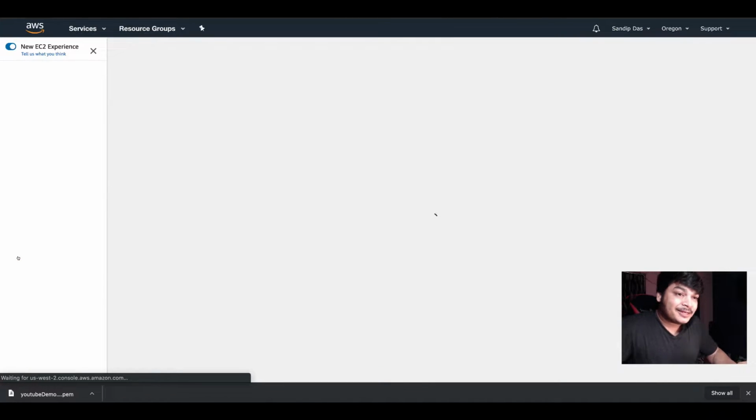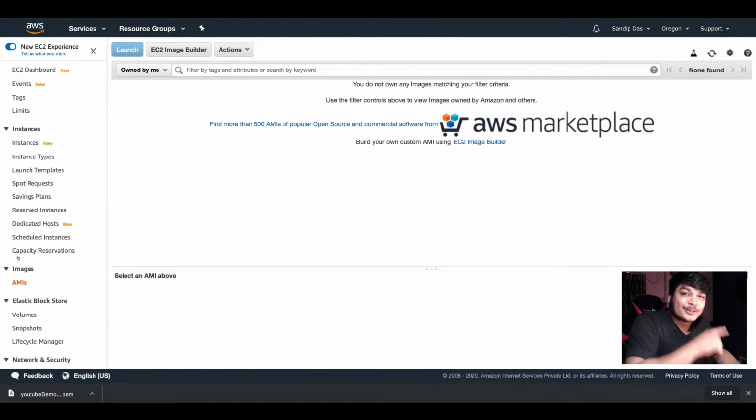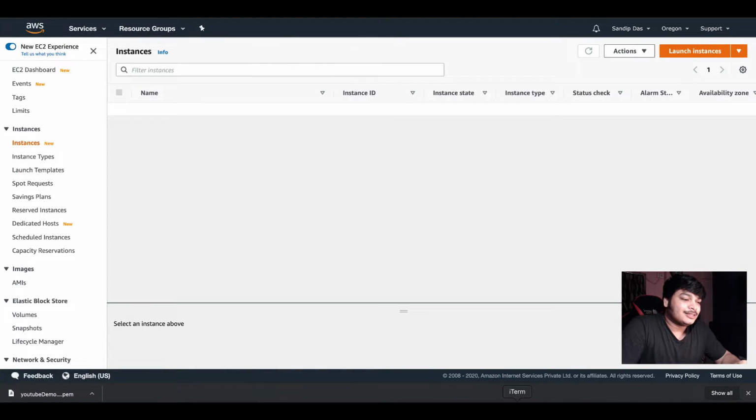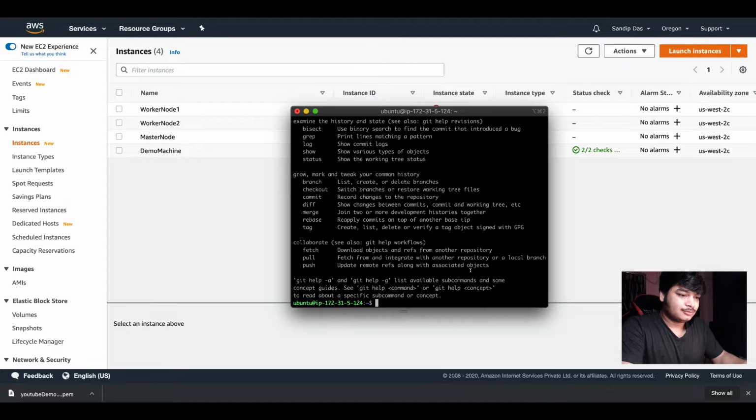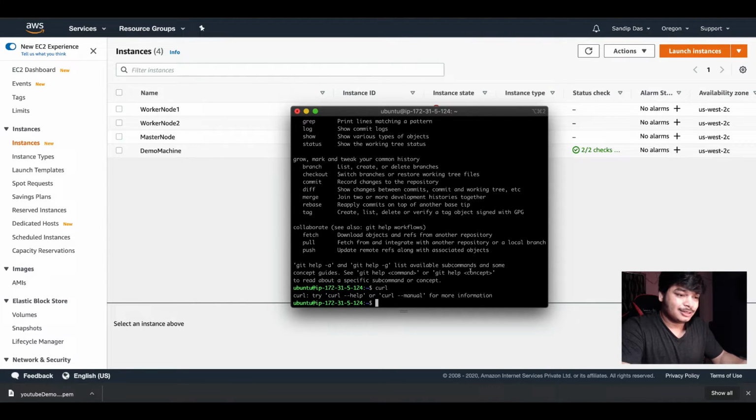Here is the AMI, but it's not the AMI you saw earlier. It's a custom AMI. How can you create a custom AMI? Just go to instances. Suppose in this instance I installed a lot of software. Let's check whether Git is there. Git is there. Okay, curl. I think curl is not there, so we'll install it with sudo apt get curl.